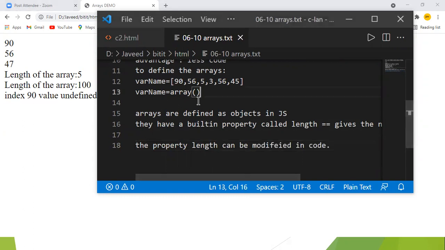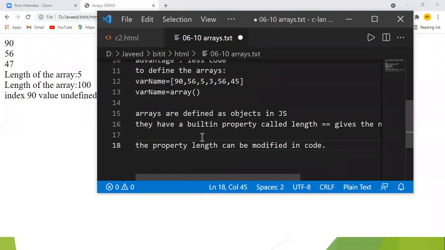It means you can increase it or you can decrease the length of it like that.